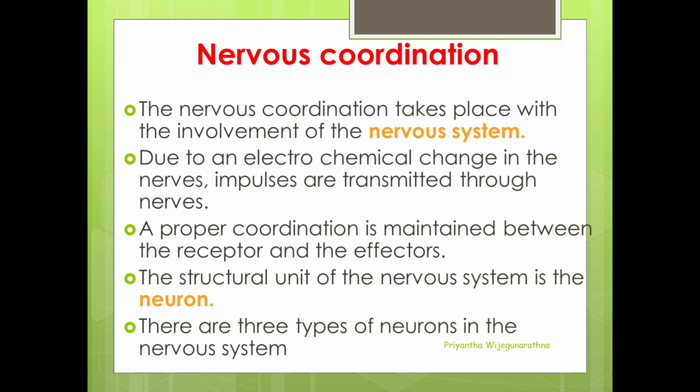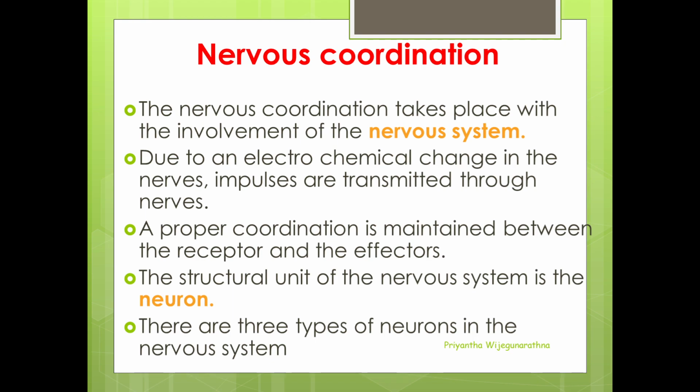Nervous coordination. Nervous coordination occurs with the involvement of your nervous system. I told you earlier it is an electrochemical coordination system. It is a somewhat fast coordination method. In your nervous system,